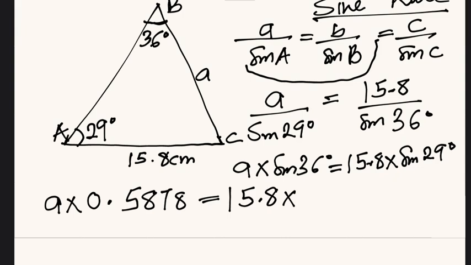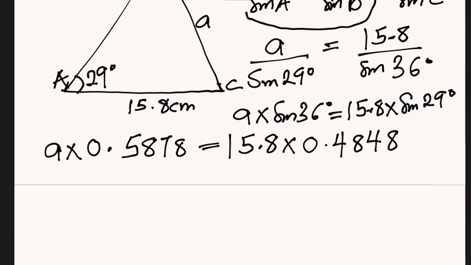From calculator that gives us 0.4848. Now, let's try to multiply the values together. When you multiply 15.8 times 0.4848, we have